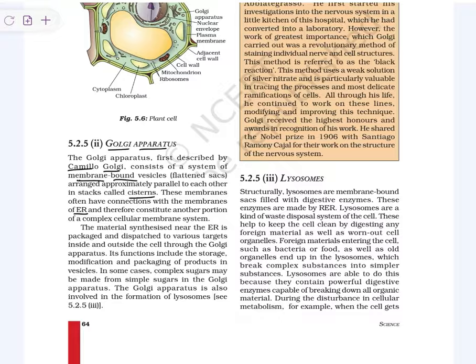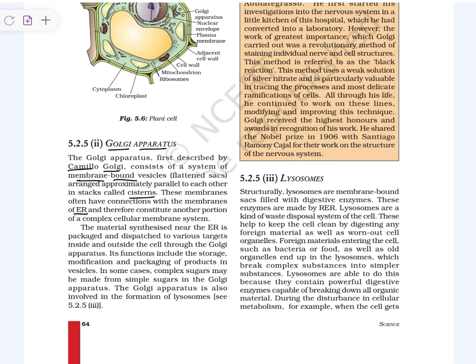जैसे मैंने कहा ना कि अगर मॉलिक्यूल्स का ट्रांसपोर्ट होना है तो जैसे ER से गोल्गी में जाता है, गोल्जाई लाइक कहते हैं ट्रांसपोर्टेशन, पैकेजिंग, मॉडिफिकेशंस का काम करता है उन मॉलिक्यूल्स के जो ईआर से उसके पास आए हैं. So it is found near the ER and therefore constitutes another portion of the complex cellular membrane system. तो there is a system called endomembrane system. लाइक एक कॉम्प्लेक्स होता है मेम्ब्रेन का, तो उसमें न्यूक्लियर मेम्ब्रेन, एंडोप्लाज्मिक रेटिकुलम, गोल्जाई एंड लाइजोसोम्स ये एक मेम्ब्रेन सिस्टम